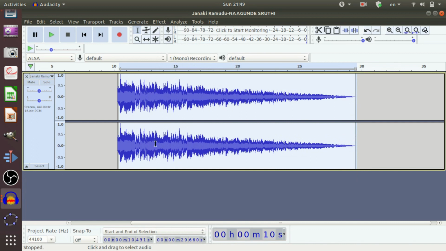So when fade out is applied to selected audio, it will gradually decrease the sound from its original volume to silence. A fade out is often applied to a longer selection than a fade in, typically to a selection up to about 10 seconds long. So now let us listen to this fade out audio.